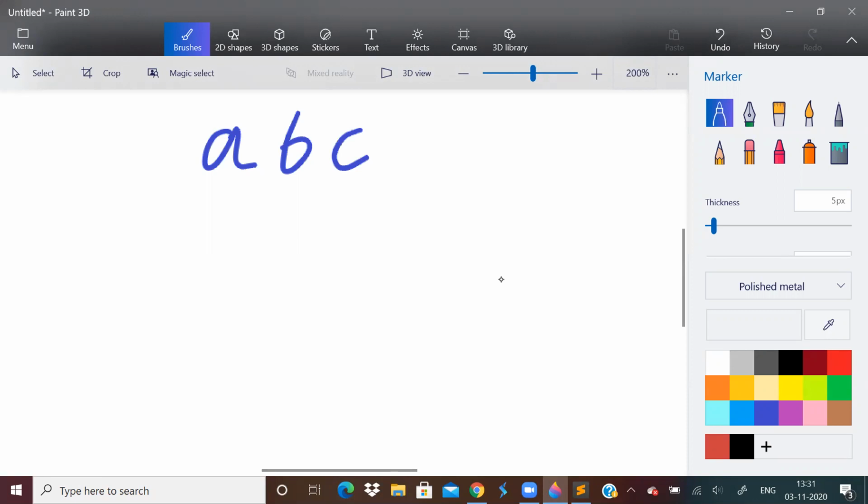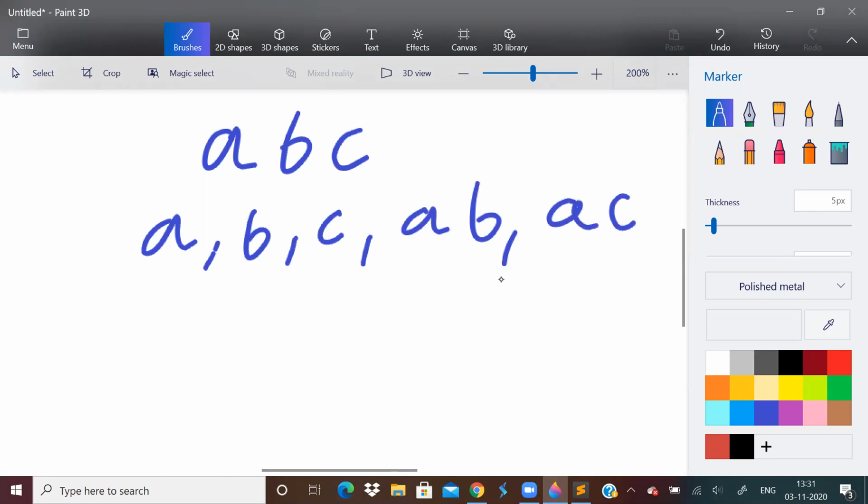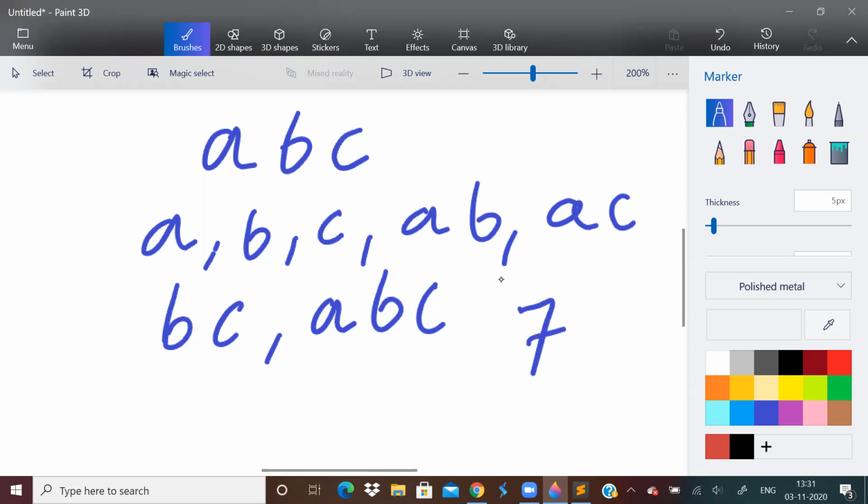Subsequence means it need not be continuous. Subsequences can be A, B, C, AB, AC, BC, and ABC. See, one thing to note over here is how many subsequences we got: 1, 2, 3, 4, 5, 6, 7. We got 7. And what is the length of this string?